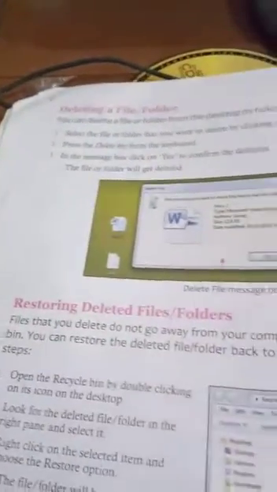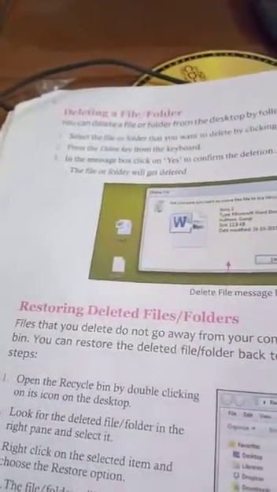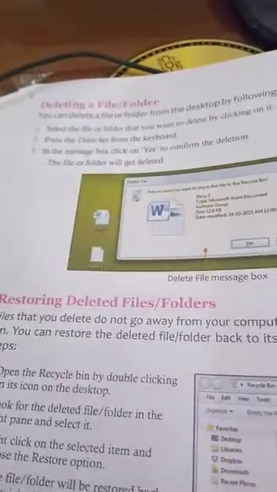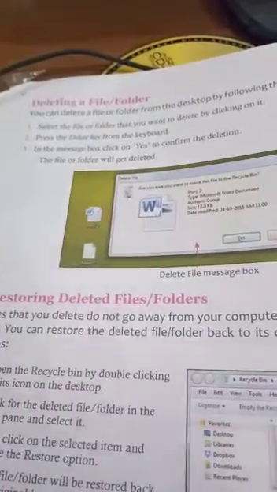Today I will teach you the last topic of chapter 2.